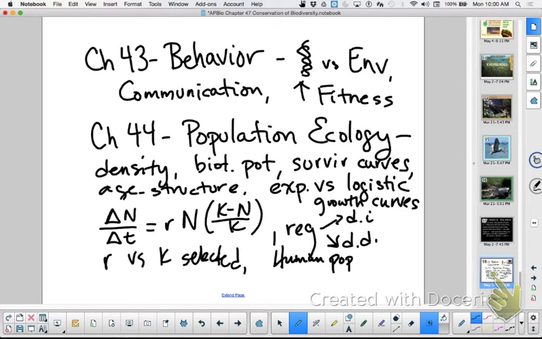Okay, then we looked at human population. What did we decide would be the best thing to decrease human population overall? What did we talk about? Education of women. Yeah. Okay, so that was behavior and population ecology. So then we went on. Tell your bio buddy, as I switch screens, which of those things do you think you need to focus on? Don't say everything, okay? Which of those things can you focus on?